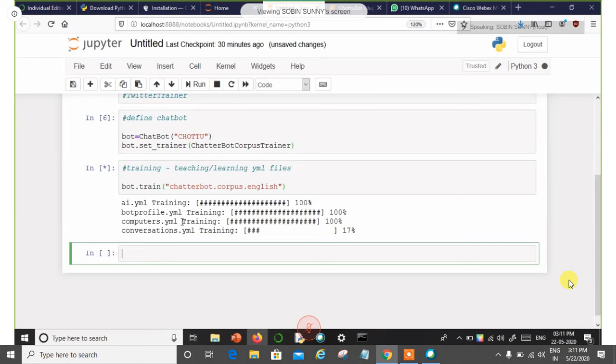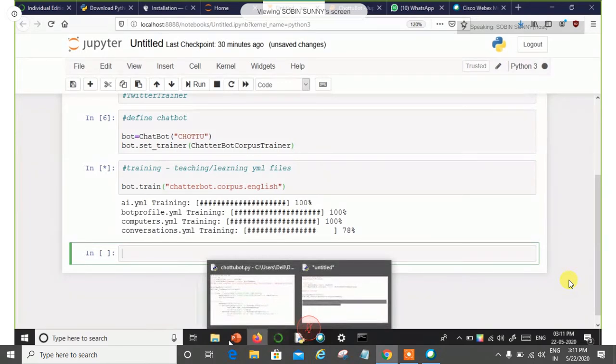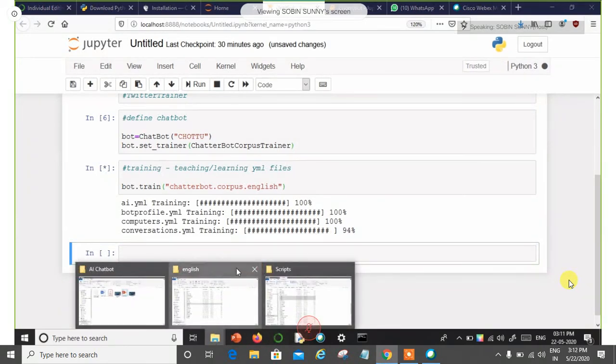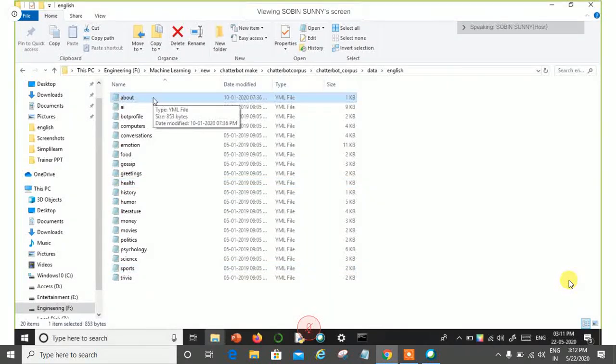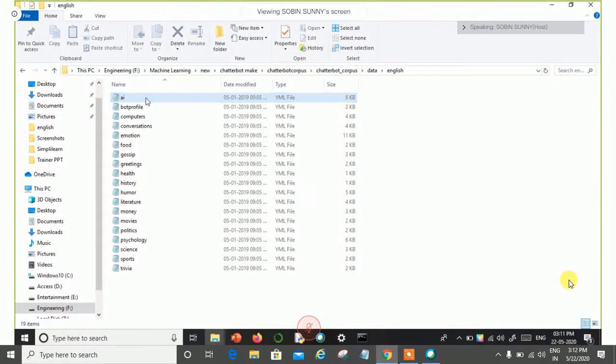Fine. I'll talk to you regarding the SQL database later. Now I shall just show you the folder. There will be an about profile. You can ignore this one because this YML file is not applicable. I just created that about file for your understanding.